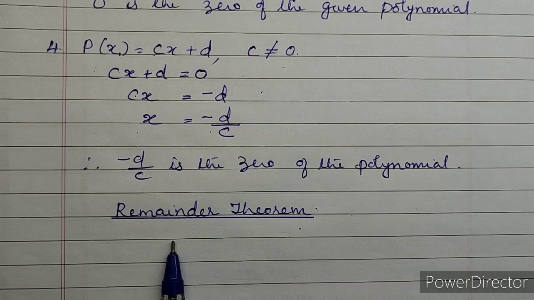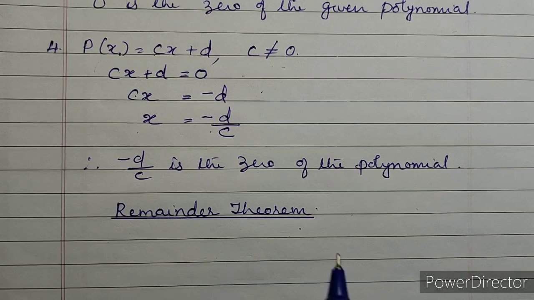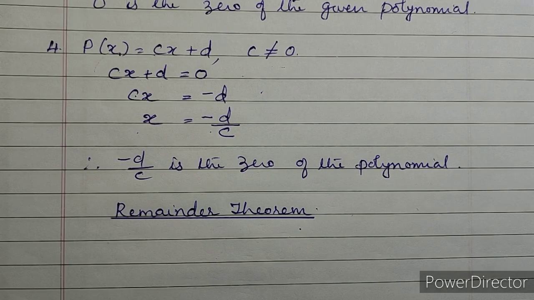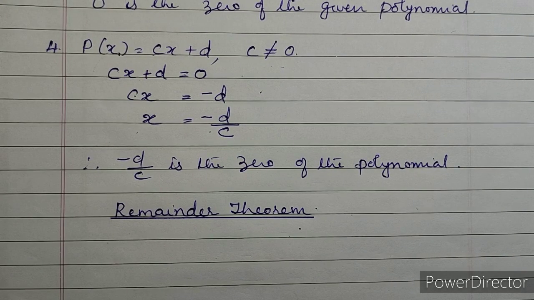In 8th standard, you have learned the division of polynomials. How to divide a polynomial by monomial, and how to divide a polynomial by binomial and all. Last year you have learned. This year you are learning only what you will get the remainder. Last year when you did, you got the quotient. What is the answer? That is called the quotient. This year you are not getting quotient. You are getting only the remainder without dividing that. So you are not going to divide any polynomials here, but you are finding the remainder of the polynomial directly